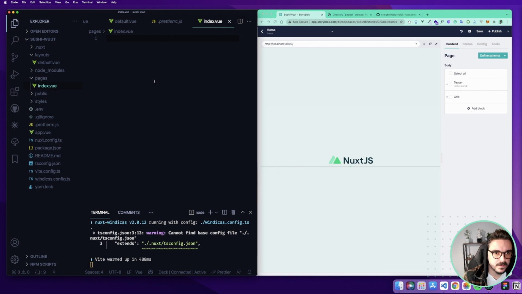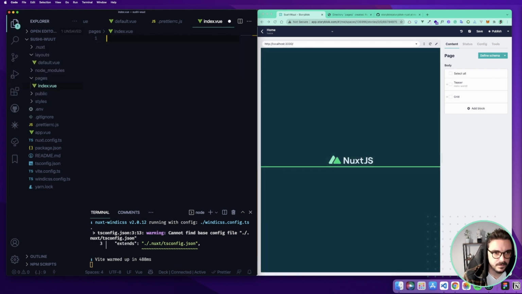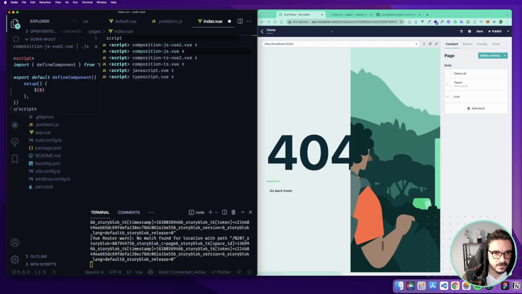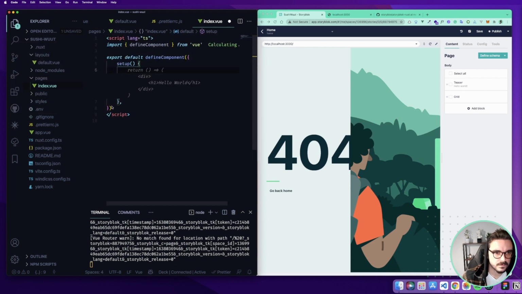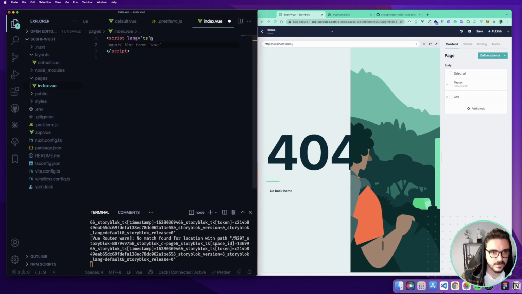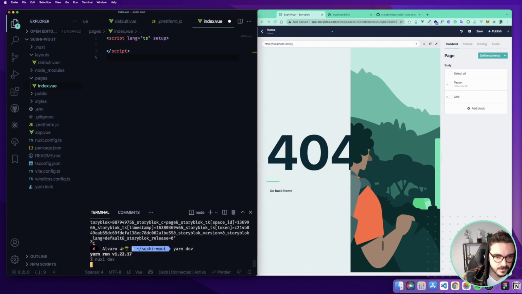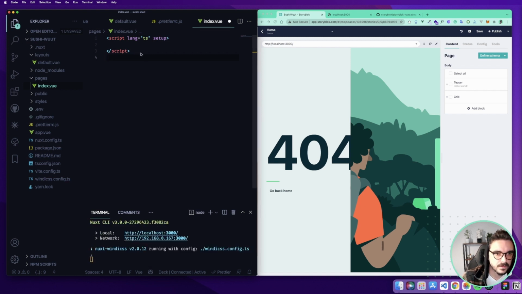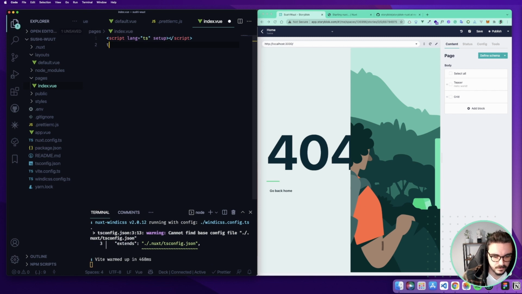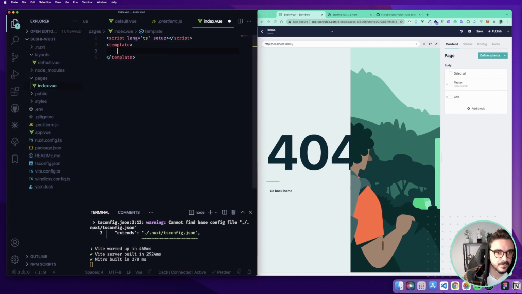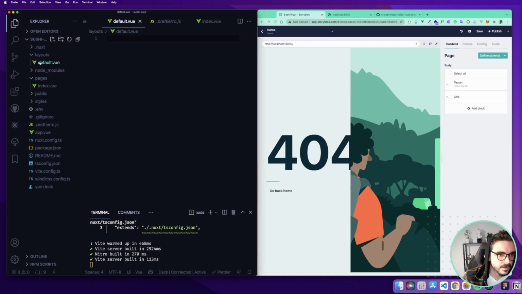So the page itself, we're gonna define a template, a script first. So composition, yeah, but I'm going to use a setup. So right now it's giving a 404, maybe we need to restart it. So we have this script here and we are going to define a template. And this template is gonna be our home page. So let's call it just home. Okay, and the default